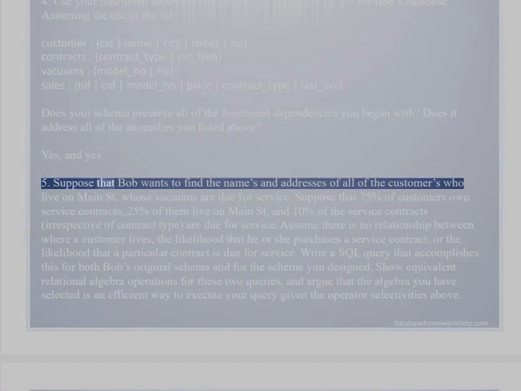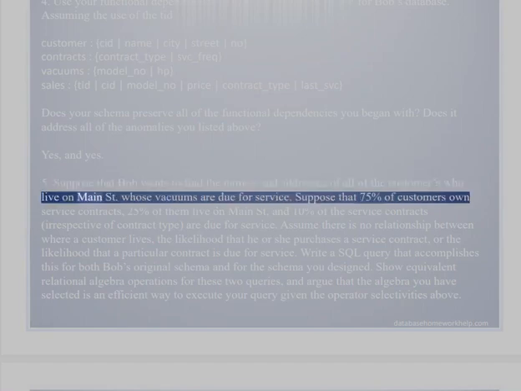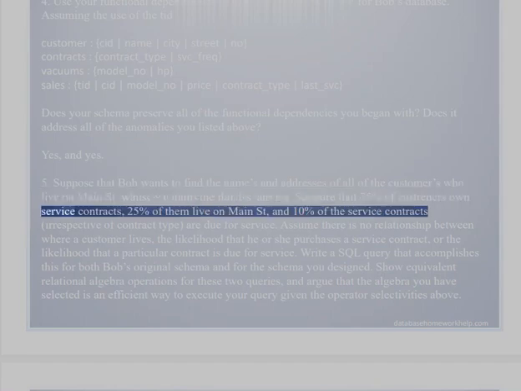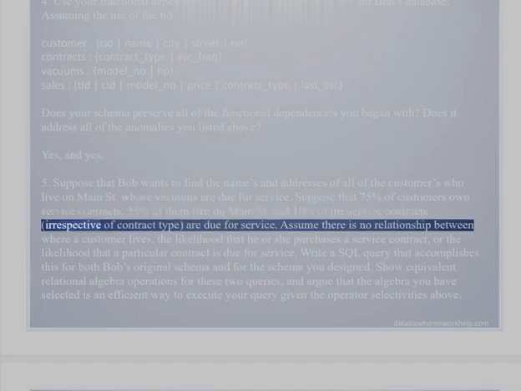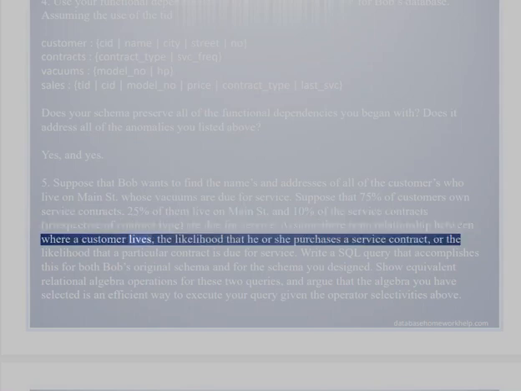5. Suppose that Bob wants to find the names and addresses of all of the customers who live on Main Street whose vacuums are due for service. Suppose that 75% of customers own service contracts, 25% of them live on Main Street, and 10% of the service contracts, irrespective of contract type, are due for service. Assume there is no relationship between where a customer lives, the likelihood that he or she purchases a service contract, or the likelihood that a particular